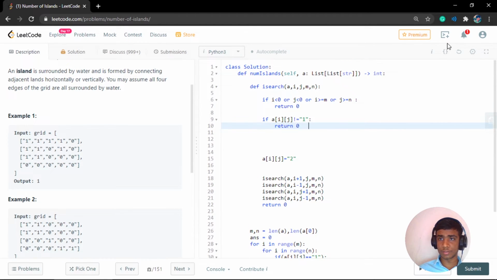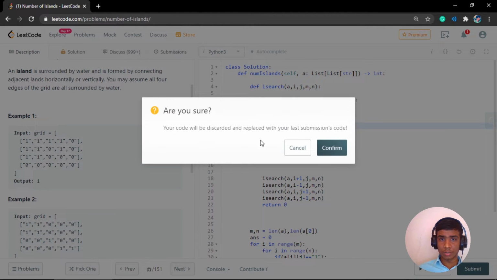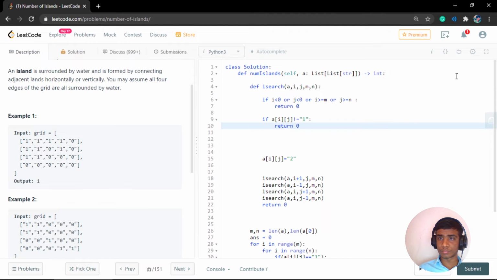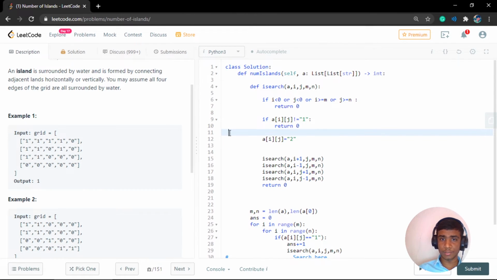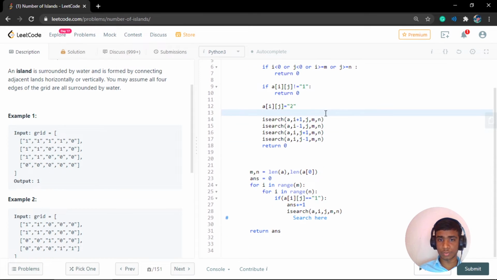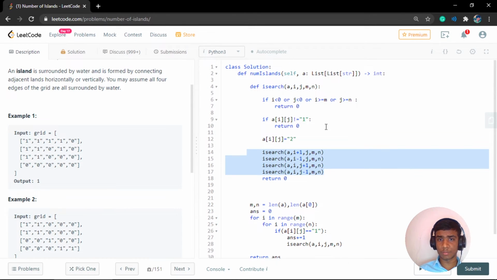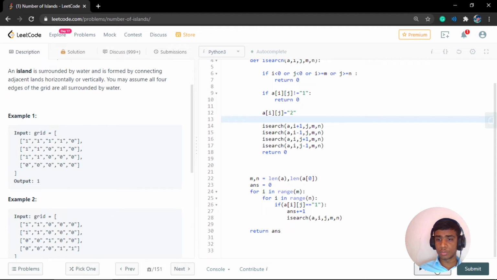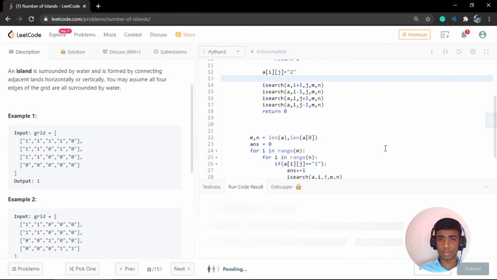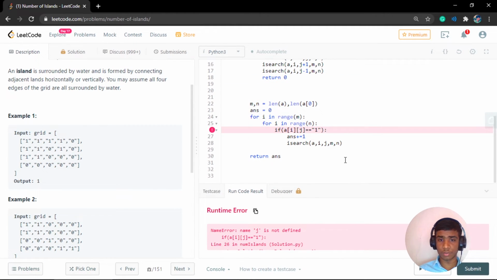Let me just, sorry, how to do the indentation here. Okay, maybe there is no indentation. So let's clear this. So we are traversing to each node. We are performing the breadth first search in all the 4 directions. We have taken care of our base cases. This looks good. Let's run it and let's debug if anything is wrong.